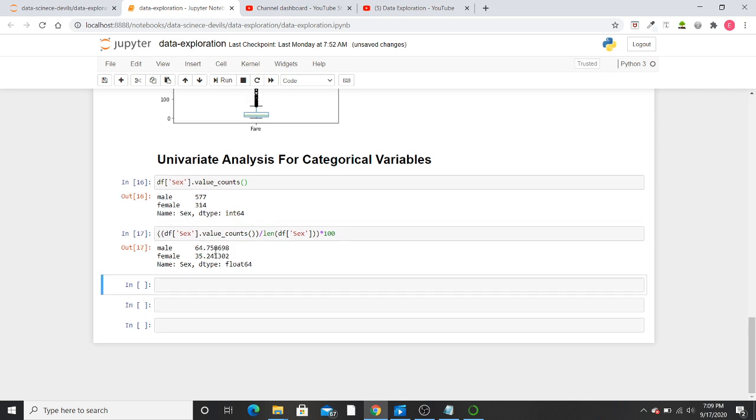Okay, so 64% males were present and 35.24% females were present.